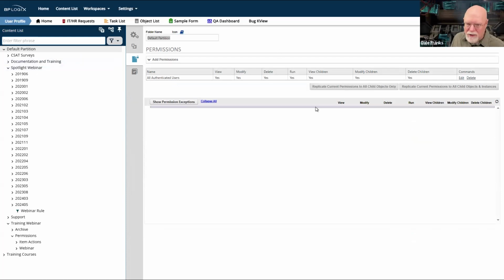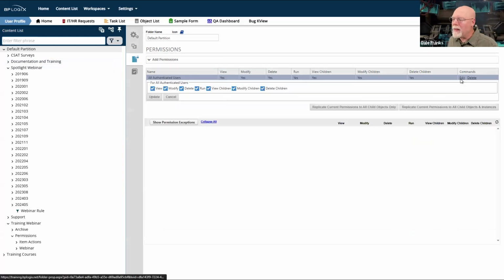In my case, it's default partition. Go into that folder's properties, and then I would edit the permissions. And what I would do is I would just turn off view, modify, delete, modify children, and delete children. And that would be the permissions that I would set on that system.